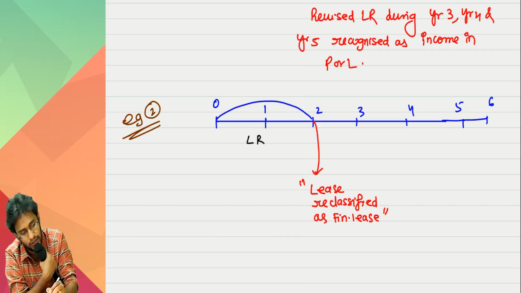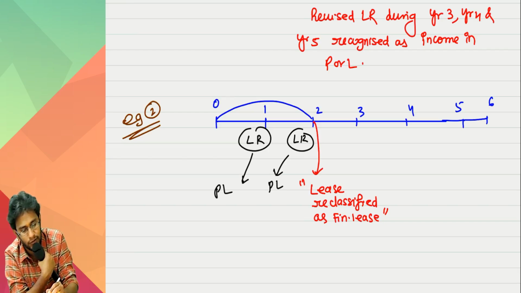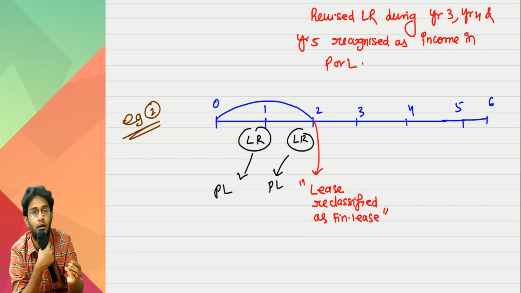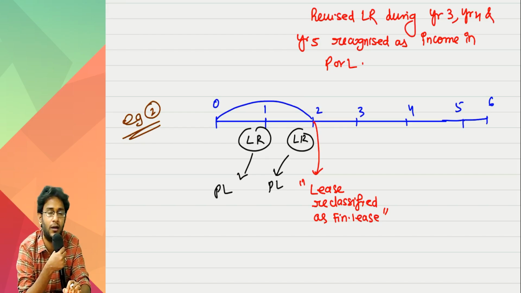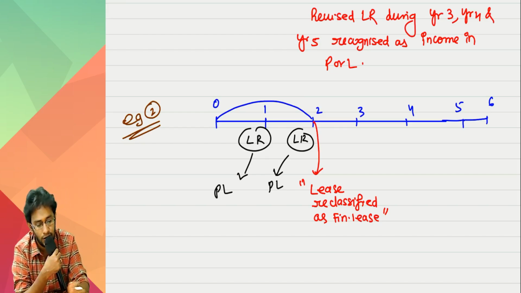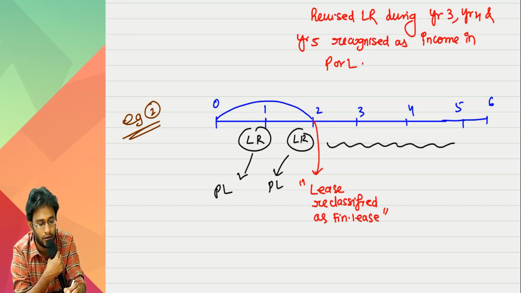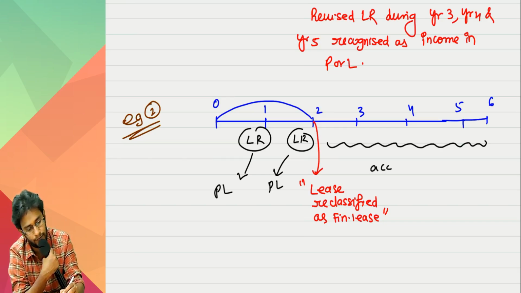The lease rent you transferred to P&L account of the respective years because you were calling it an operating lease. At the end of the second year you are calling it a finance lease. So hereafter you will account it as finance lease. So what you should do is on this date immediately